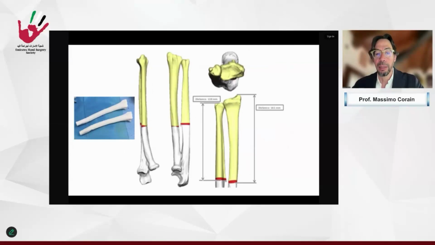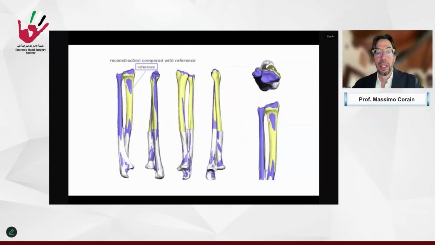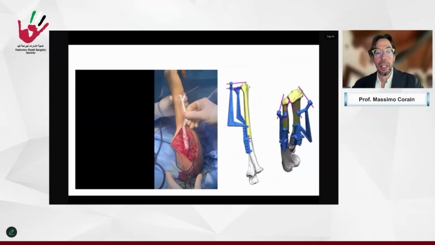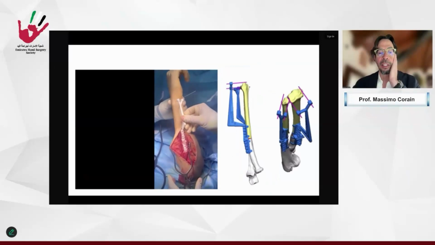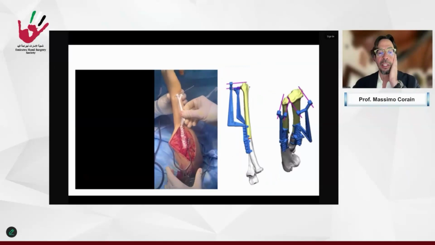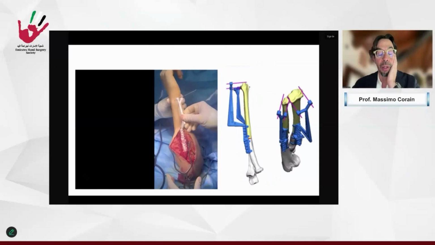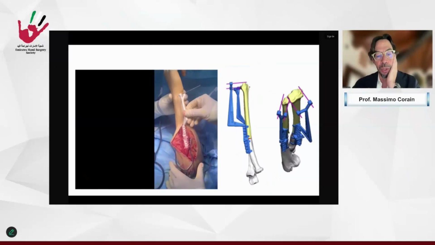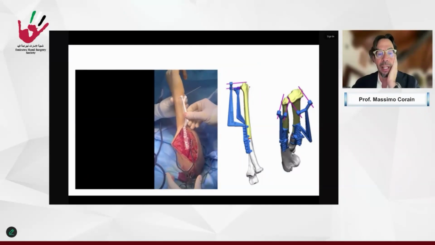So this is the simulation of the double osteotomy of radius and ulna, the perfect size where to do that with the inclination, the simulation, the custom-made plate. This is the reconstruction compared with a reference and some intraoperative steps. This is to show you how the guide is fixed on the ulna, because maybe 1 millimeter of movement or wrong alignment can make a false osteotomy with a problem at the final. So it has to be fixed and very well aligned as planned.